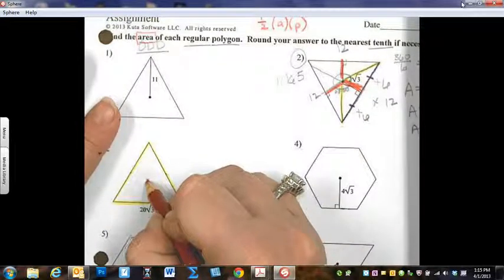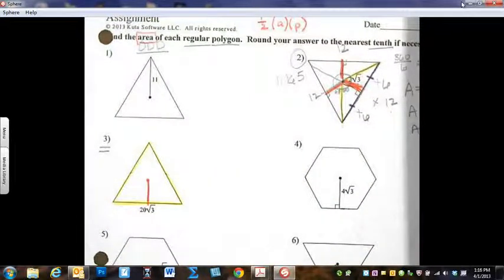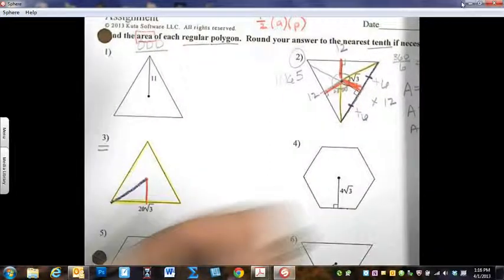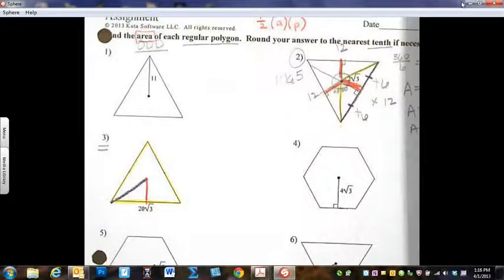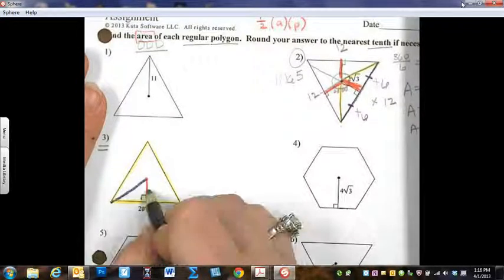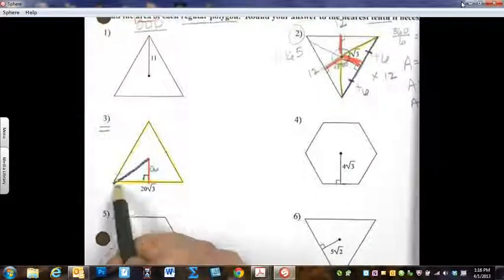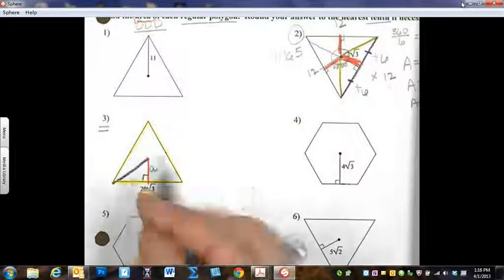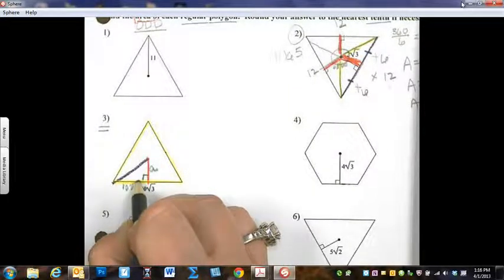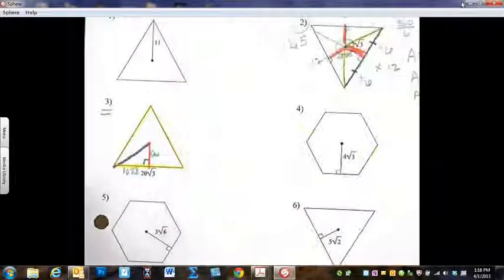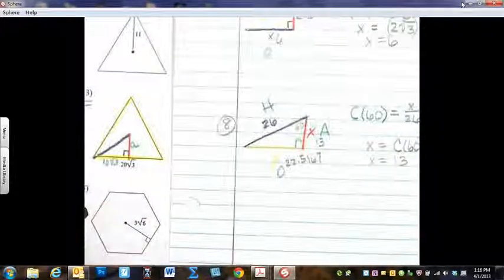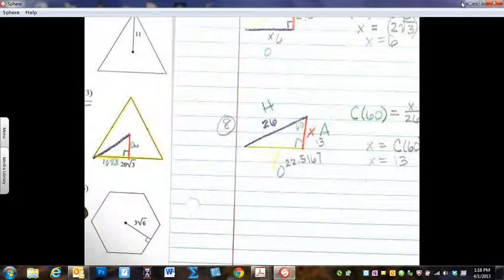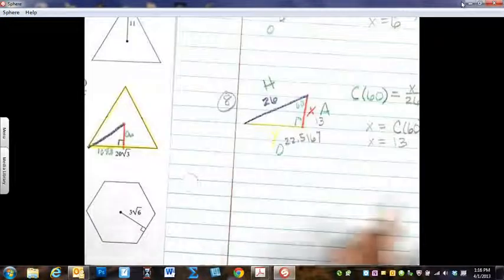I'm going to find the center. I'm going to drop an apothem. And then I'm going to draw the radius. I don't ever need to know the radius, but it helps me to think about my trig function. I've got to know that right there. Well, what's the length from here to here? Well, it's half of 20.3. So this side is 10 square roots of 3. So now we can go and do this problem right here on our paper. Let's draw our picture for number 3. We've got an apothem